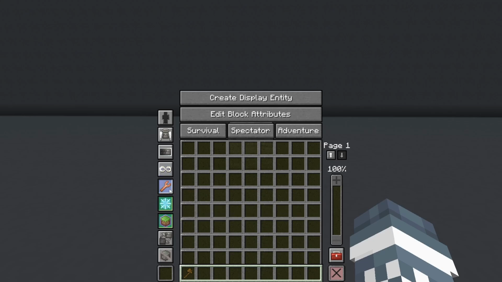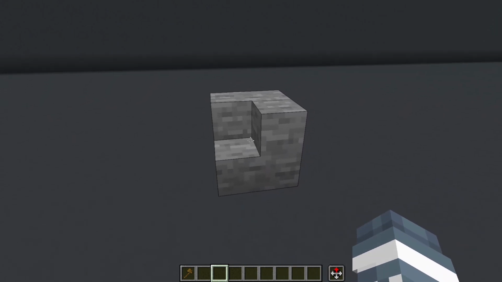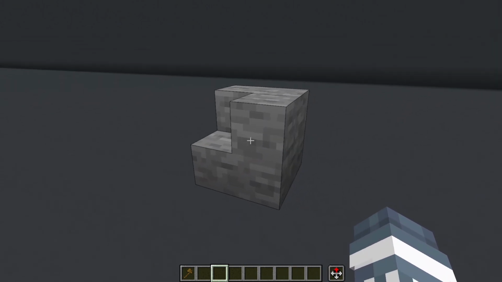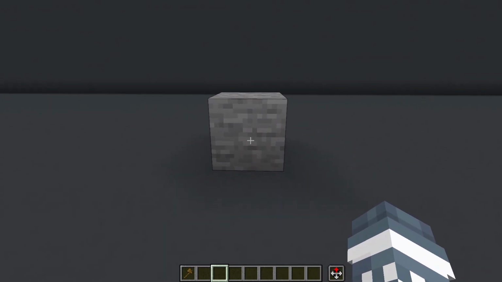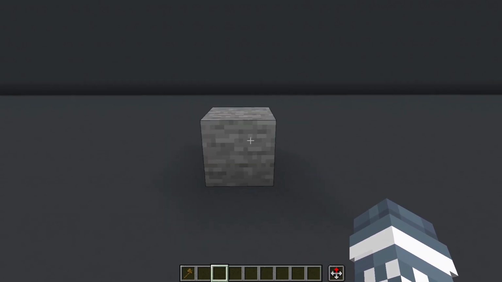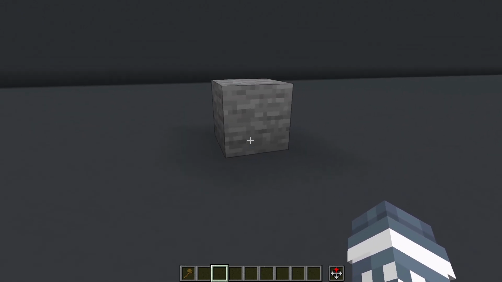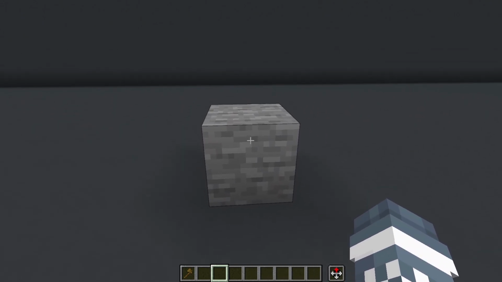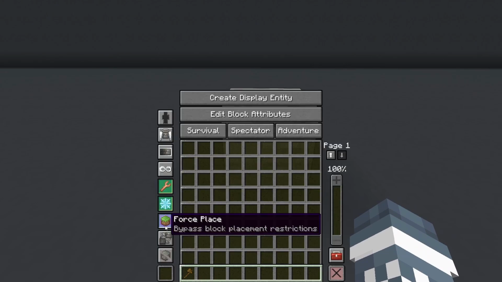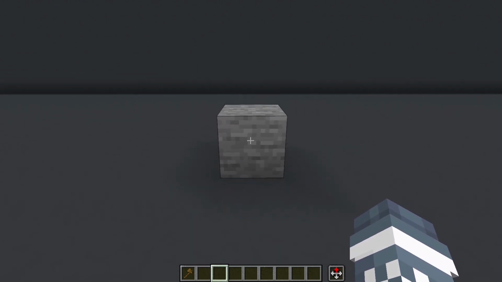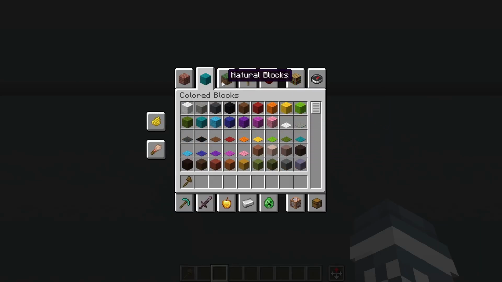Now what these allow us to do is, well, first tinker allows us to tinker the blocks. So essentially it gives us a debug stick as our hand, and we can right click on a block to change its block properties. No updates means that it doesn't update any block around it if you place a block or break a block, stuff like that. And the last one, force place, means that we can place blocks that you normally can't place, if that makes sense. So for example, if I get like